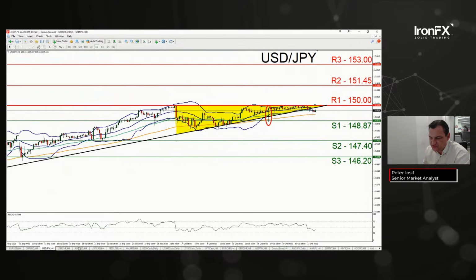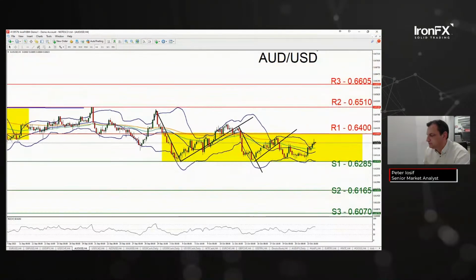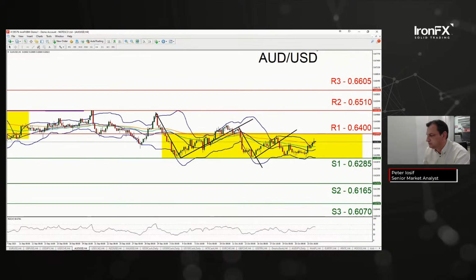Moving now to AUD/USD. AUD/USD remains in a sideways motion between practically the R1, the 0.64, and the S1. I would be noting here that practically,